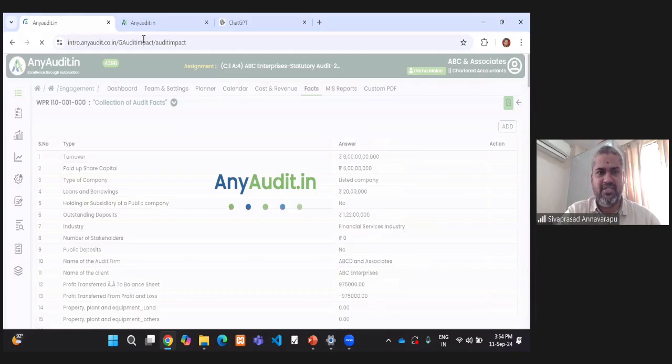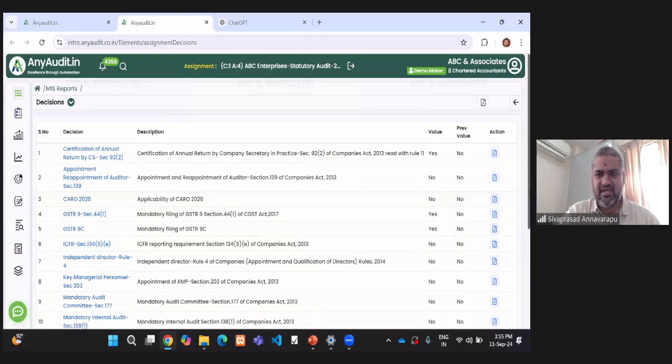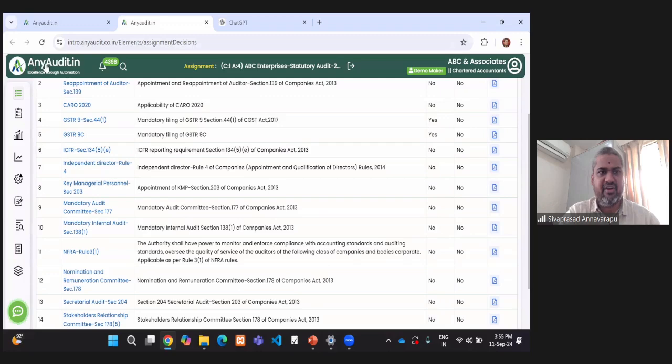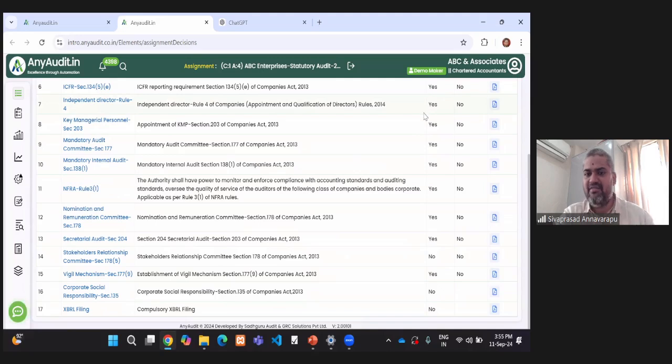Now, if I go to my audit decisions, I can see here that certain of the decisions are no. If I refresh it, the system will automatically recalculate all the decisions based on the facts that I have fed, and all decisions are evaluated by the system. So this will ensure that the auditor is not missing any of the relevant regulatory provisions. And where is documentation? That is the theme of today's session.